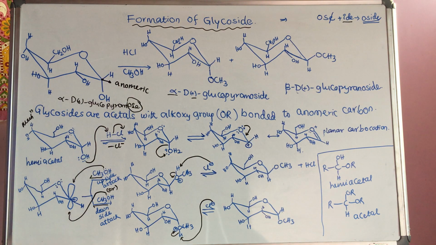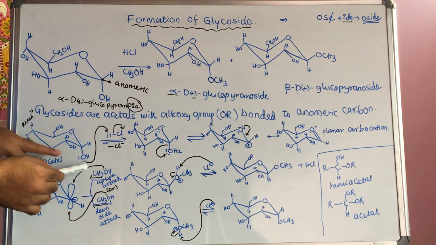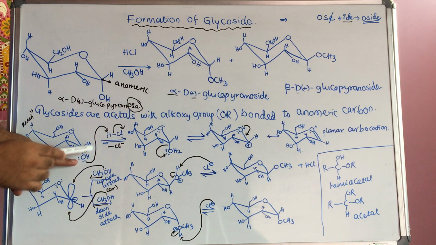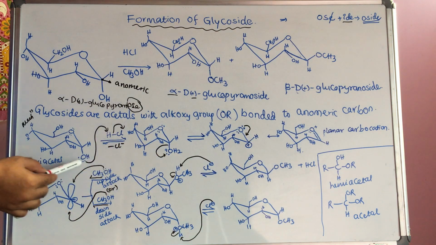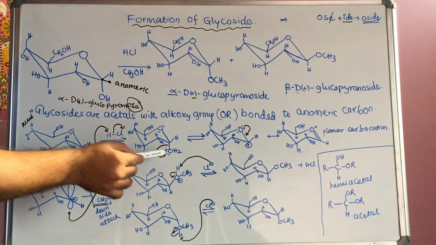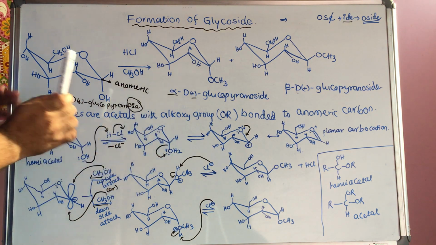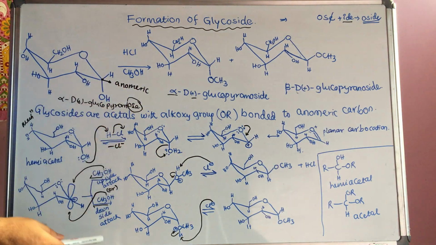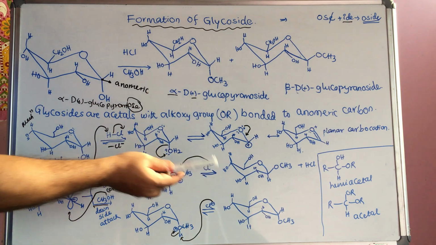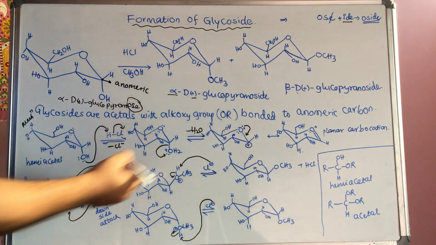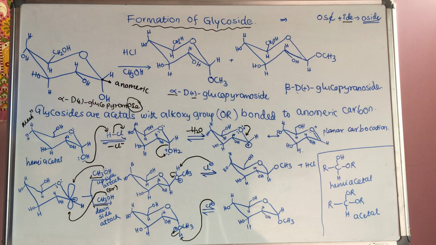Next, the mechanism I have given here. This alpha-D-glucose in acidic medium: H+ is taken by this OH, then it forms OH2+. Oxygen already has two bonds, and the extra bond is why it is plus. OH is not a good leaving group, so we convert it into a good leaving group with the acidic medium. Then it is OH2+, a good leaving group, and it is eliminated. Keep in mind, only the anomeric carbon changes; the remaining carbons stay as they are. So this eliminates, minus H2O, and this is a reversible reaction.